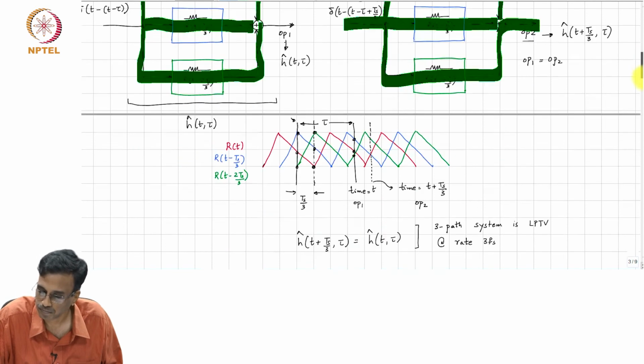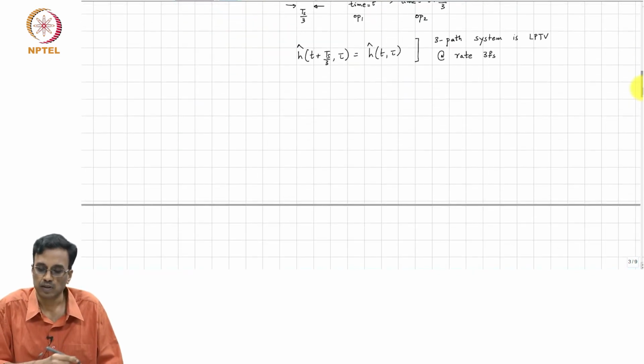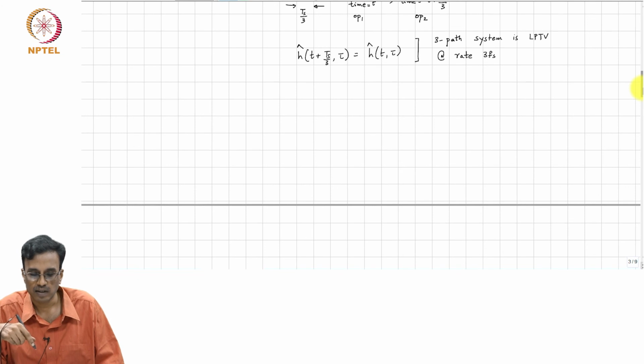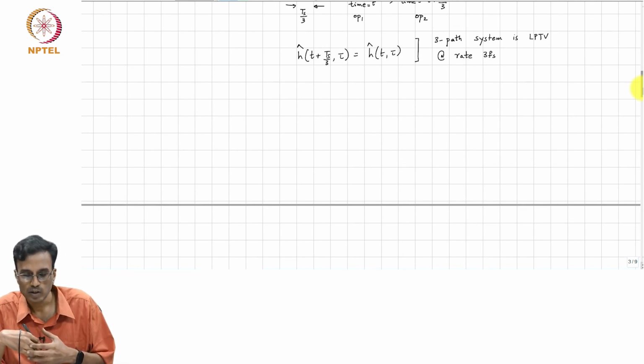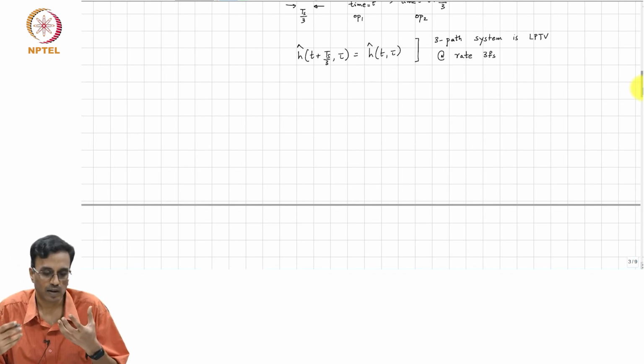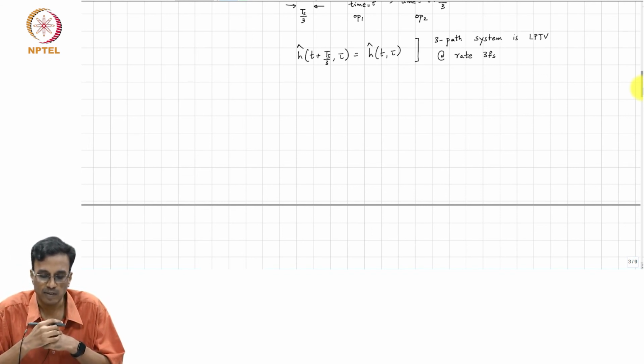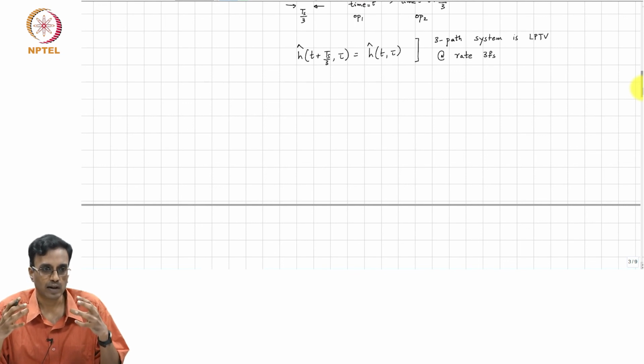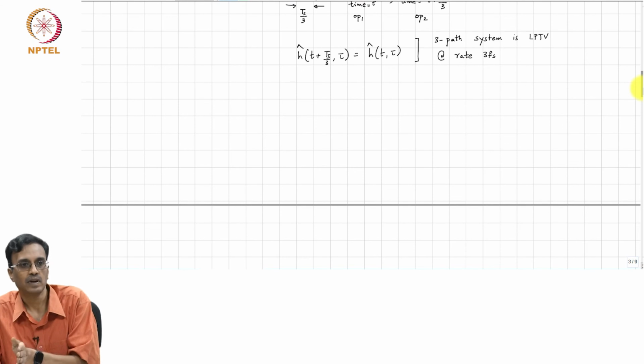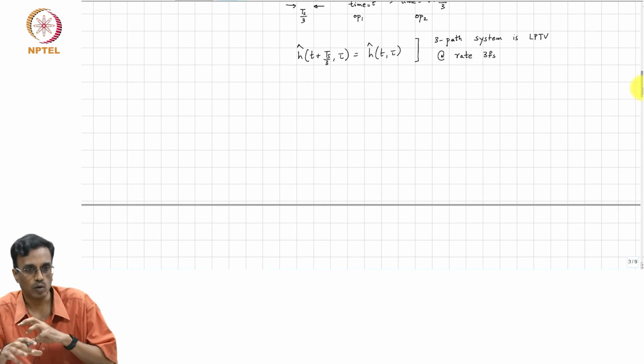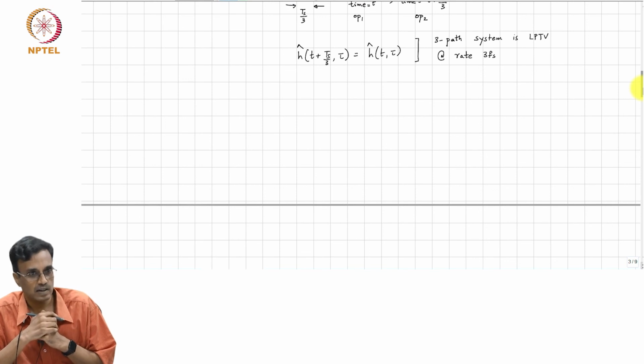So, this is the time domain intuition behind n-path operation. One way of quickly recognizing whether an LPTV system is periodic at n times the frequency is to simply look at how the network is at a time Ts over n later, and apart from simply moving the components around, if the network actually looks the same, then you know that it is LPTV at Ts over n. Okay.